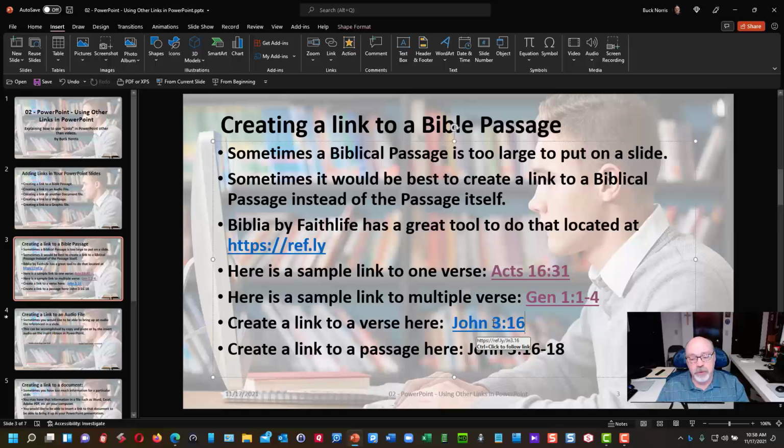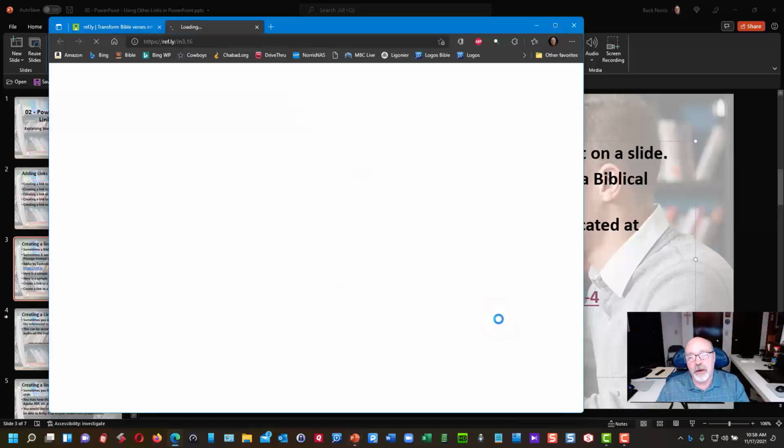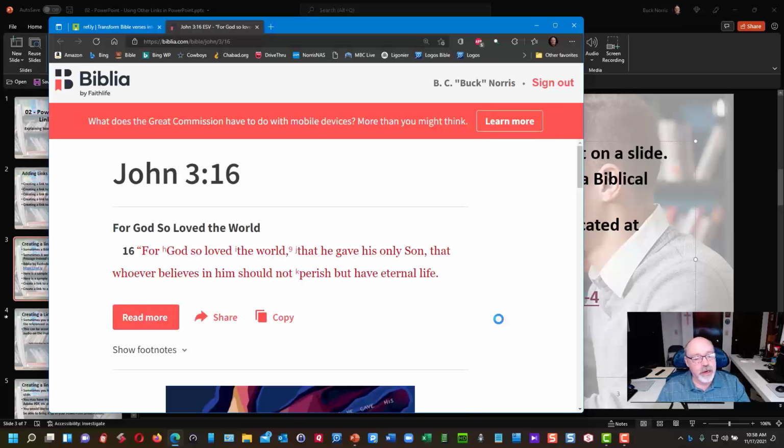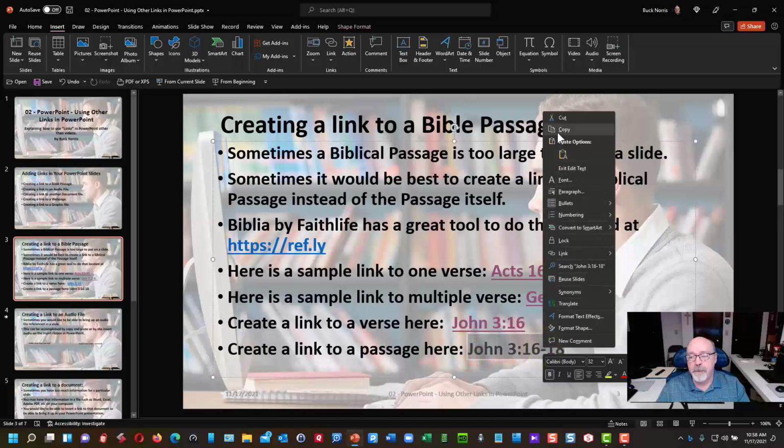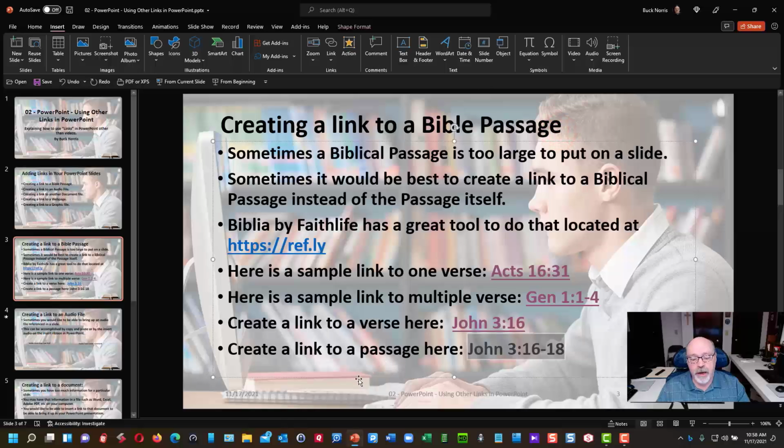Now it highlights in blue like a normal web link would do. And when I hold down the control key and click on it, it comes up with that reference. Same thing, multiple passages. If I select this right here and choose copy, and I go back to the Bible,